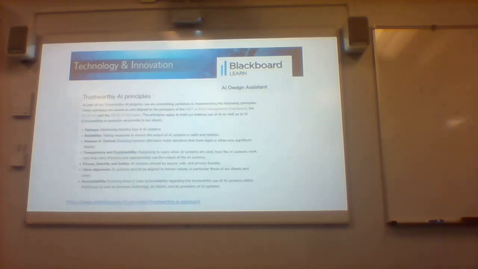Before I get started, actually, a couple of things I want to mention. The AI design assistant was built by Ontology in partnership with Microsoft. They created this system under these principles: fairness, reliability, humans in control, transparency and explainability, privacy, security and safety, and accountability.